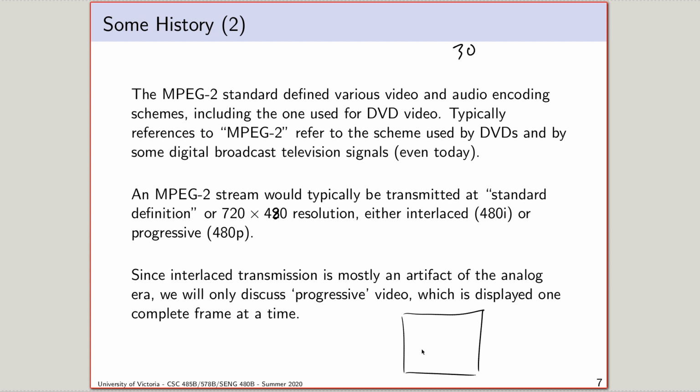However, because these days we just transmit actual frames, not some weird interlaced thing, we're not going to worry about it. Although if you ever see references to things like 480i or even 1080i, it's because of this old interlaced convention. We're going to think about what's called progressive scan video, which, for some reason, is called progressive. But what it means is literally the whole frame is displayed at once, not this funny interlaced business. So 480p is, let's say, 30. If I were to write something like